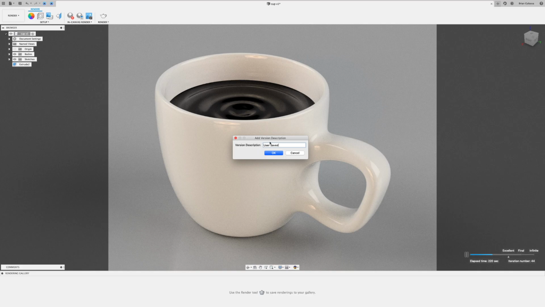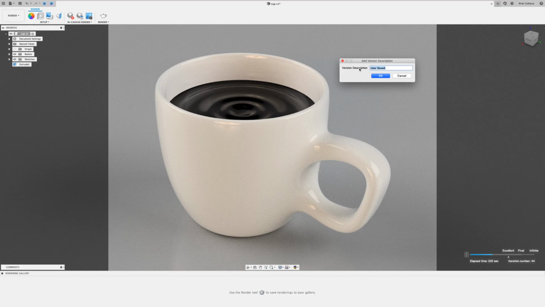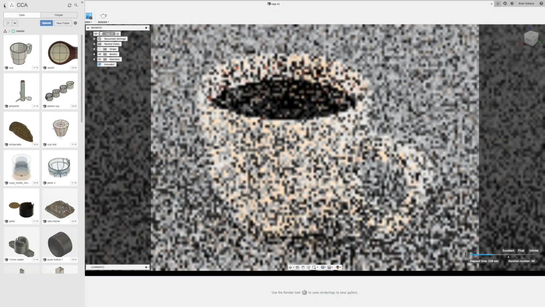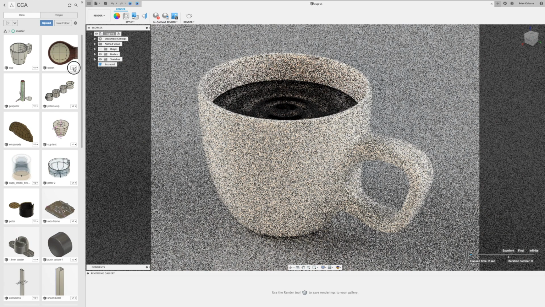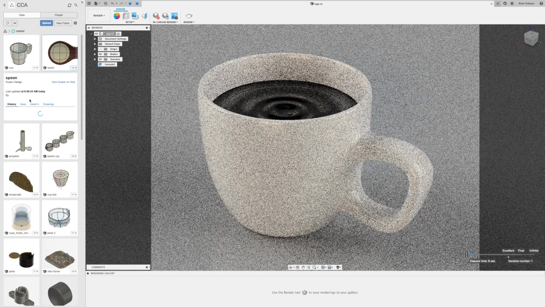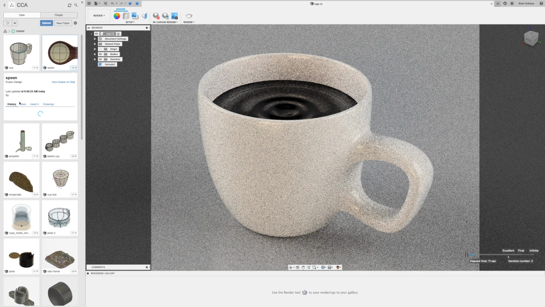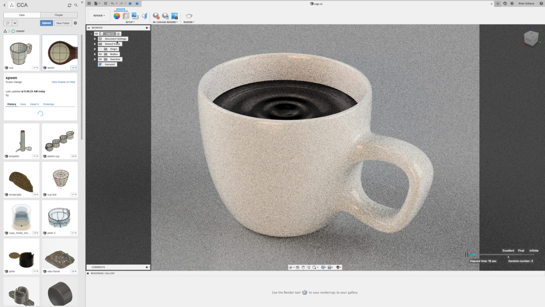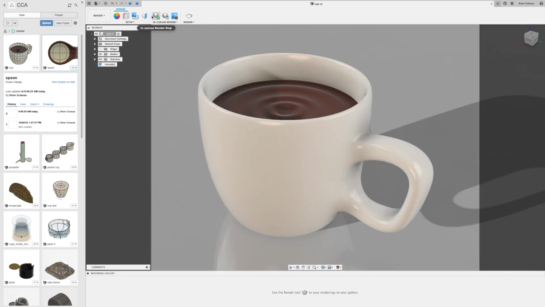And this is a little bit unclear, but I could name this and say cup 1. Okay, because this is the state where I just finished this one cup. So I can go back in time and look at any of these things and see that this says this is V2. There's a history here which is loading up, and it's going to show me the different save things. So I could go back in time to any one of those save states. But I'm going to go over here and stop this render for a second